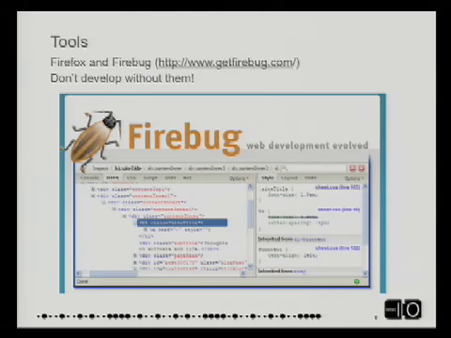Don't develop without Firebug. It really is that good in terms of making things a lot easier, even as you start adopting the incredible frameworks that are out there: jQuery, Dojo, even moving into GWT. If you want to go that route, there's still something to be said for having something like Firebug. It works really well in Firefox. I believe there are some versions coming for other browsers, but it really made a difference, at least for me.